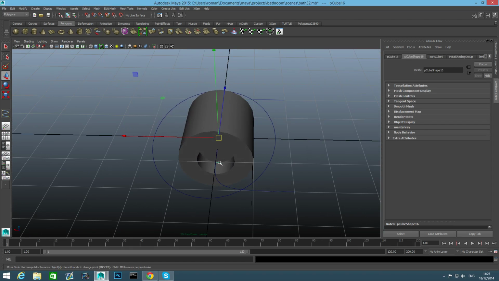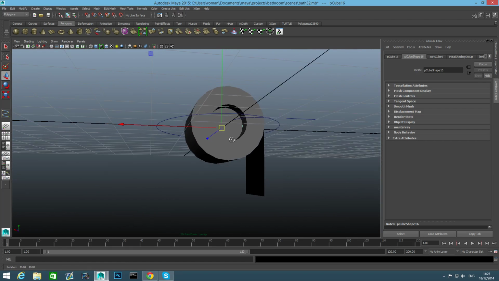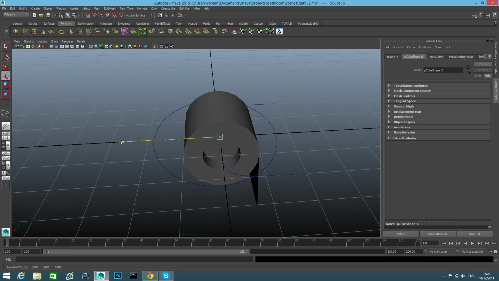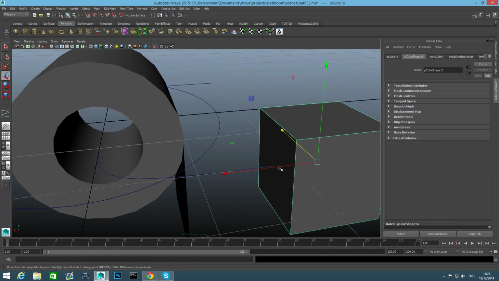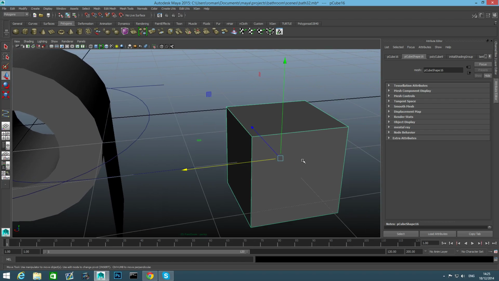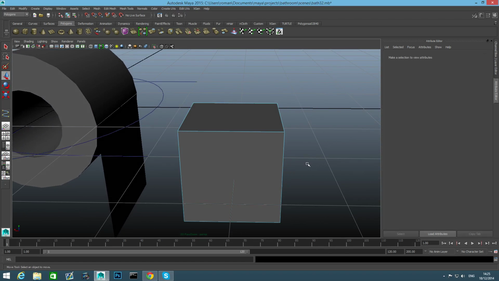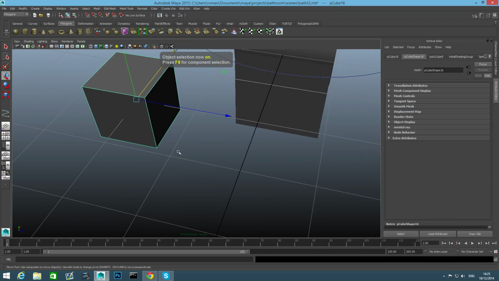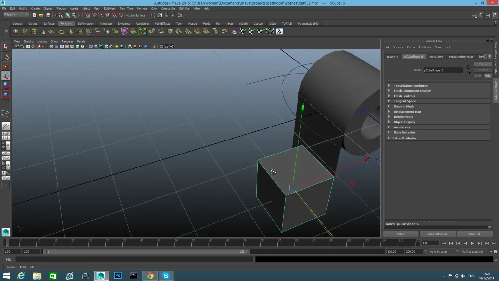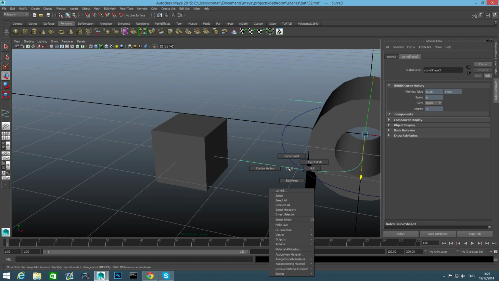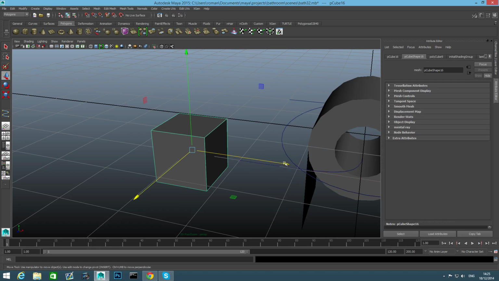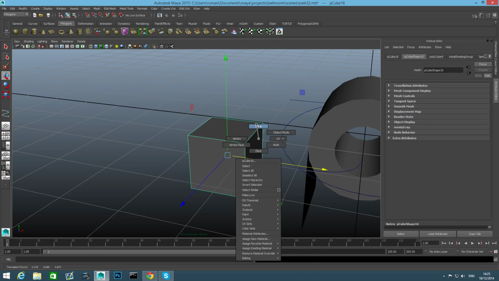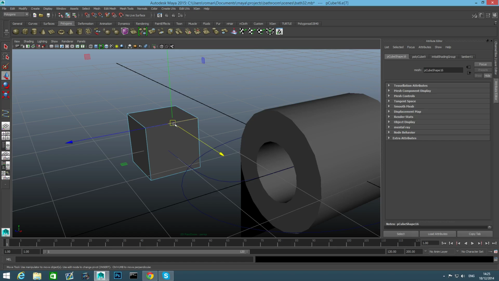I'll take a cube, I don't know, people probably want to grab something, some cylindrical shape. This time I will take a cube. I'm gonna right click, choose face. Sorry, I'm gonna bring this cube over here because this is where I started, I guess. Control right click, say this is the U, so I need this to be here. I'm gonna right click, choose this edge, control right click, edge ring utilities to edge ring